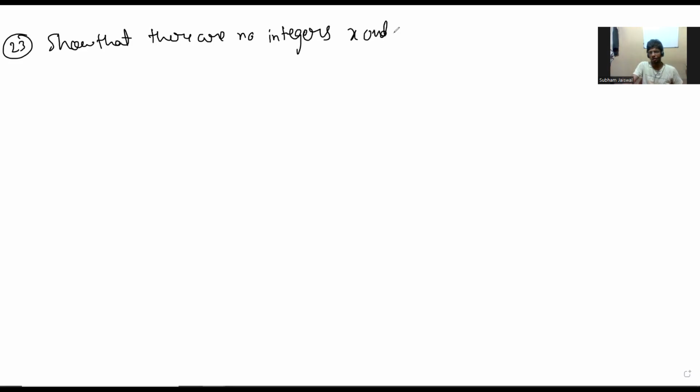Let's go to question number 24. Prove that no integers x and y exist such that x plus y is 100 and the GCD is 3. Okay, so this is 23. Show that there are no integers x and y such that,